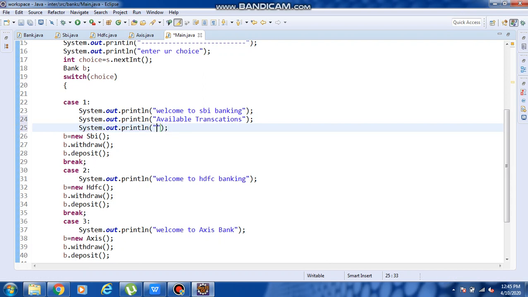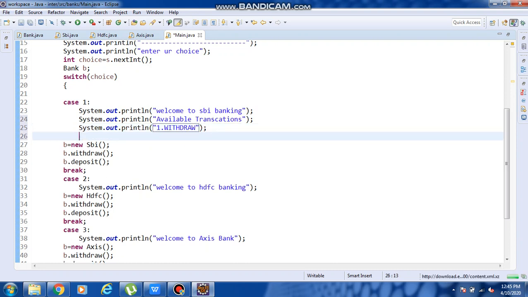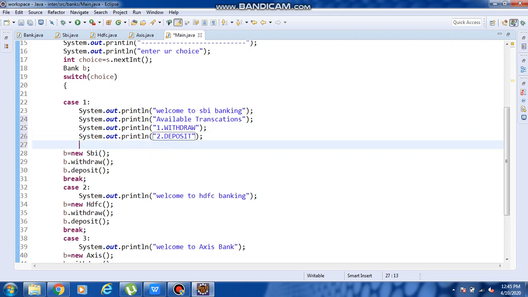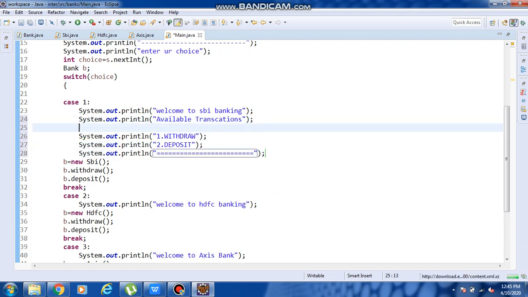First one is withdraw, second one is deposit. First one is withdrawal, second one is deposit. Now I am giving System.out.println. Just I am going to design my web page, that's all.